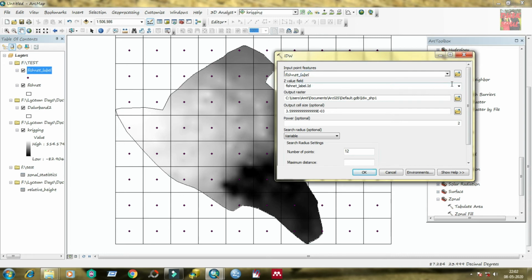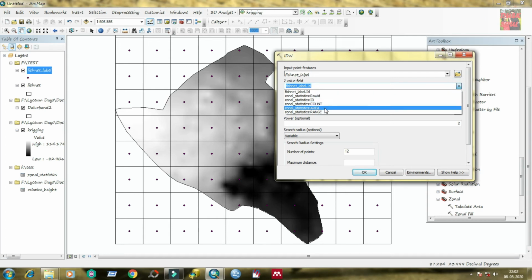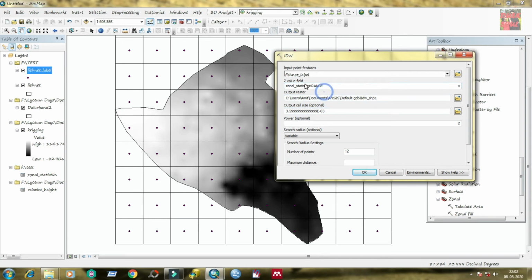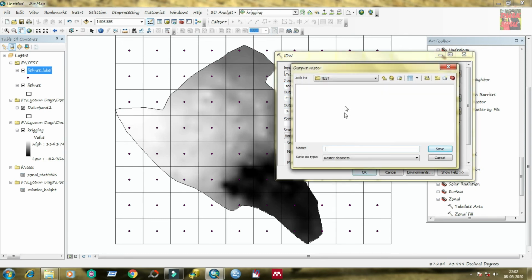Under Z value field, you need to select range, because on the basis of range data the relativity will be calculated. And under output raster, you need to find the output folder and provide a file name.